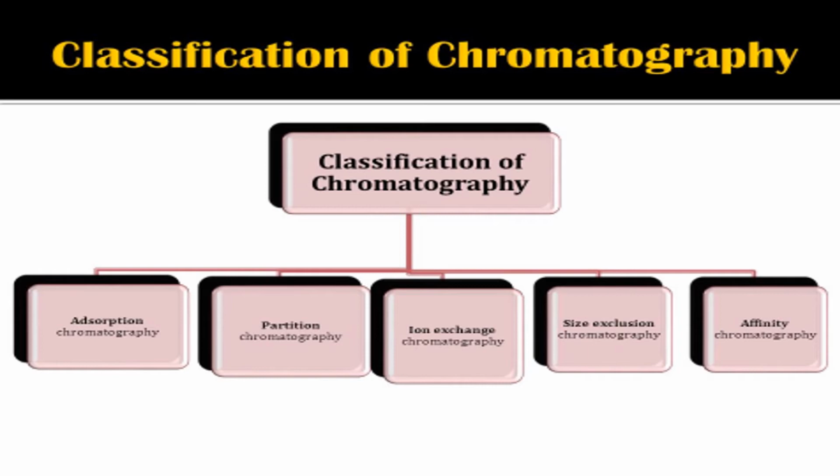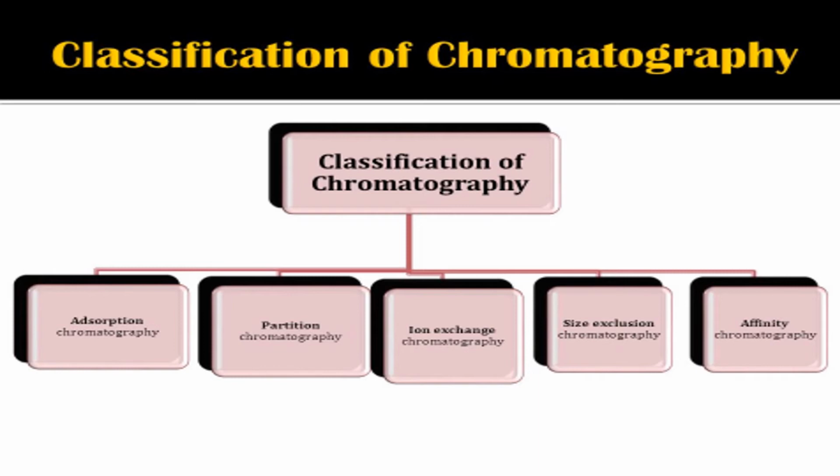the components of the mixture distributed between two phases. One is the paper which has water, and the mobile phase which is a hydrophobic substance such as hexane or alcohol, etc. So in partition chromatography, there is the distribution of the components of the mixture between two